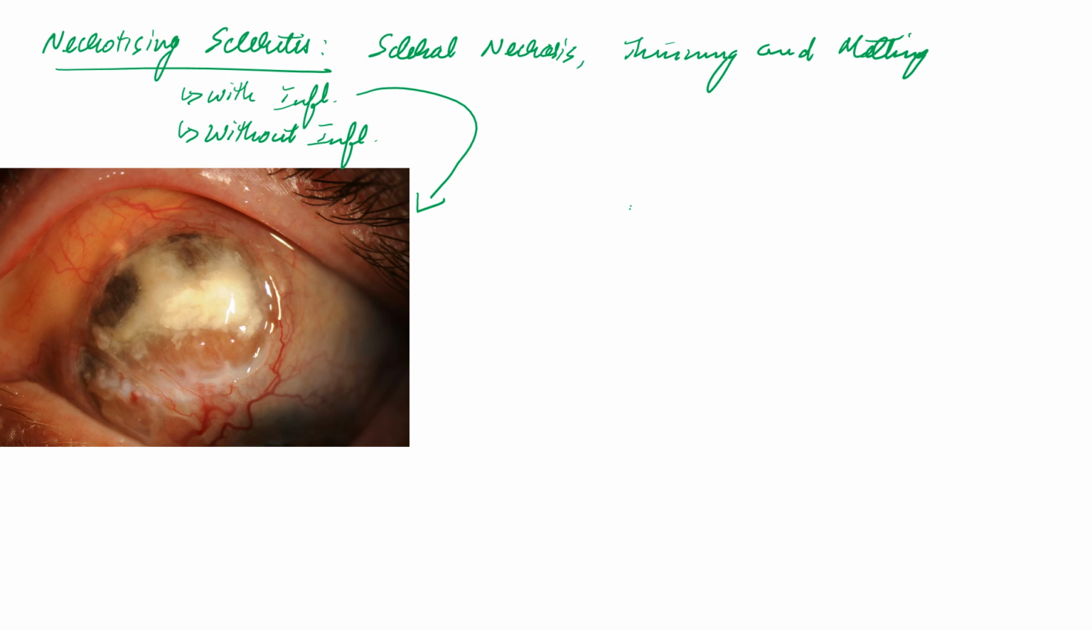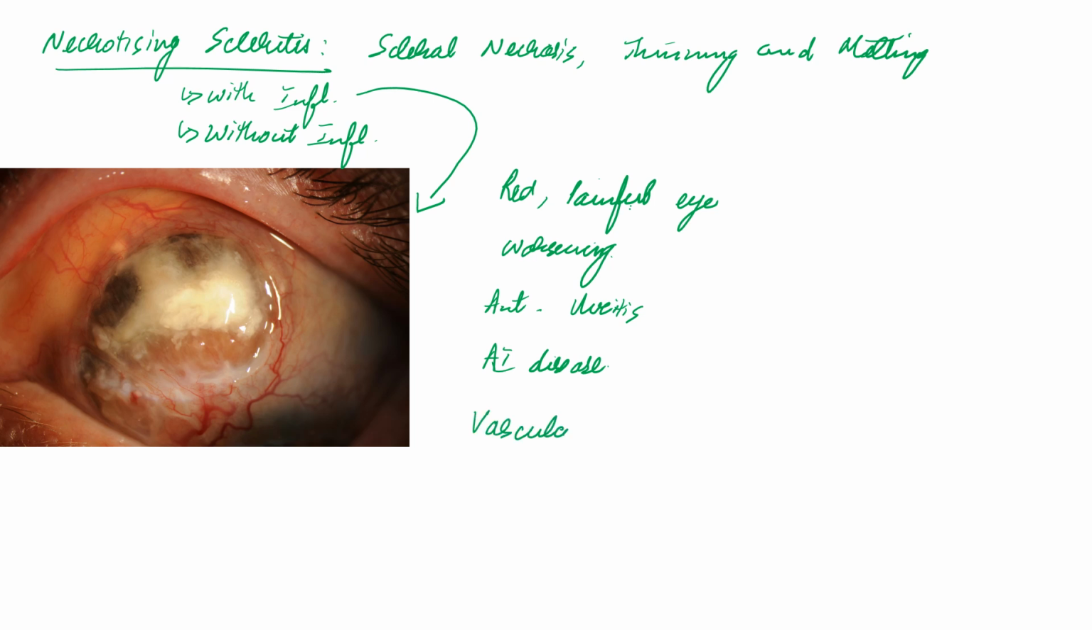These cases present with red, painful eye, and there will be progressive worsening of symptoms. It is associated with anterior uveitis and it is usually a part of systemic autoimmune disease. There will be vascular sludging and occlusion, scleral thinning, and there can be complications like glaucoma,